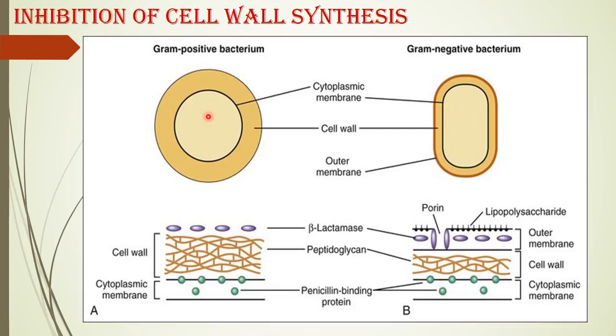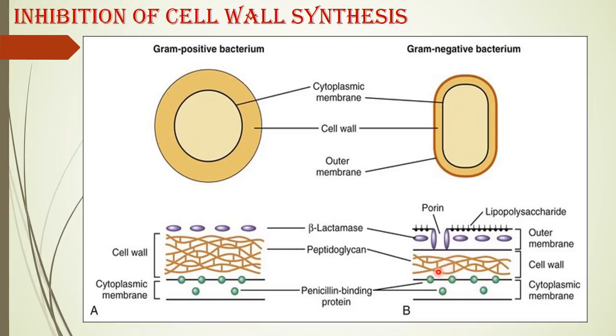Now, what is the difference in the mechanism between gram-positive bacteria and gram-negative bacteria? In gram-positive, I already told you. But in gram-negative, the cell wall is again covered by an outer membrane. This is the outer membrane. Okay? But still in that outer membrane we have certain small channels. This is what we call the porin channels. By means of the porin channel, certain antibiotics can enter here, finally go to the penicillin binding protein, and show the same mechanism.